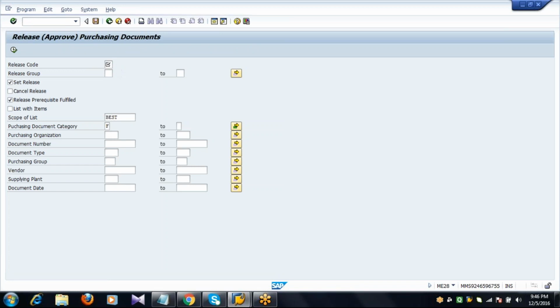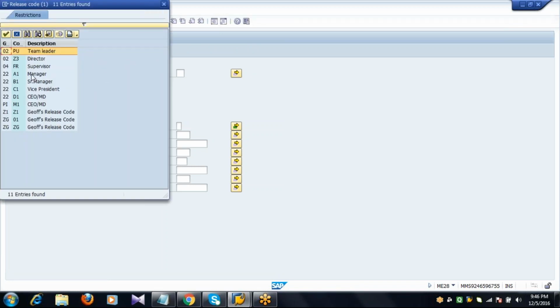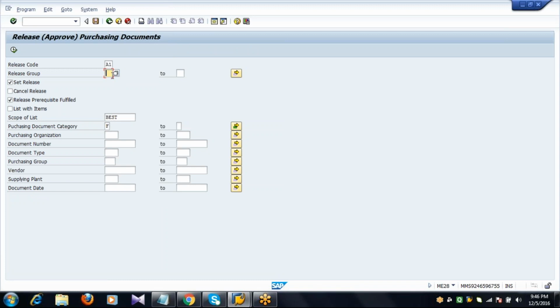Enter the release code, the code what you created, A1 and release group 22. Execute.